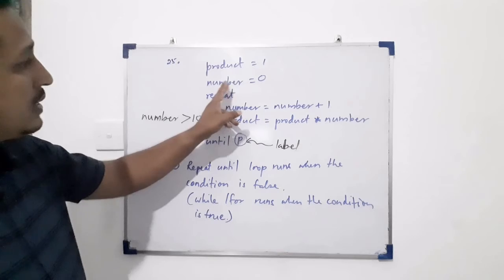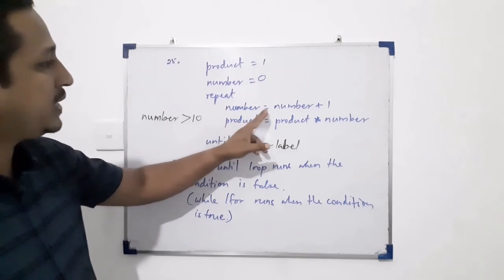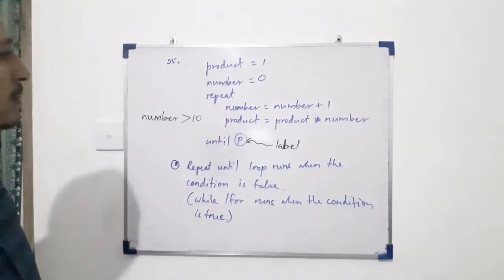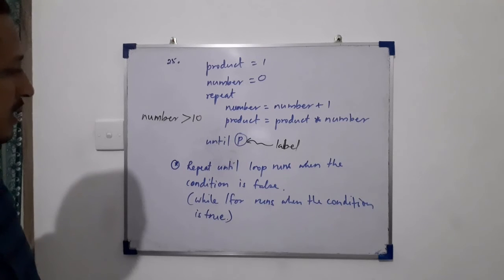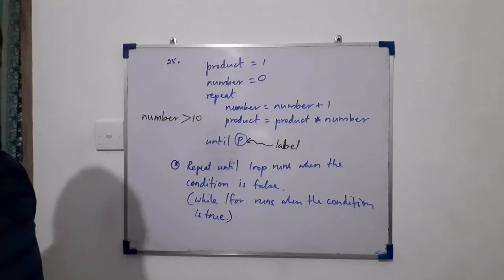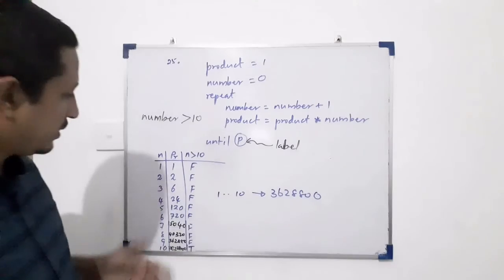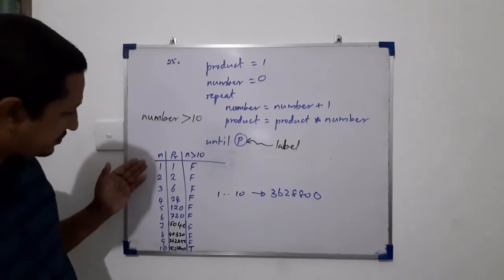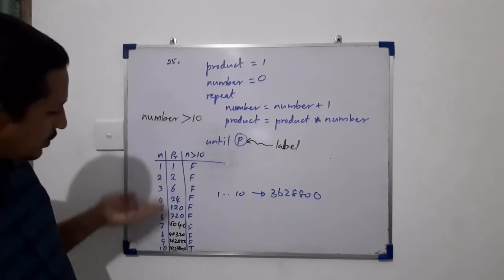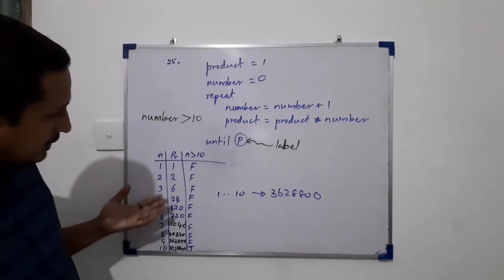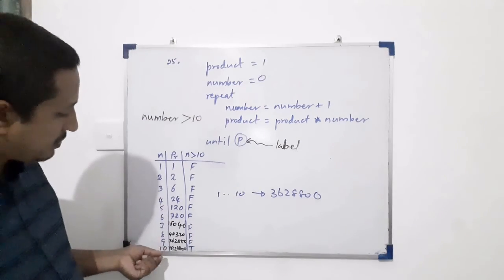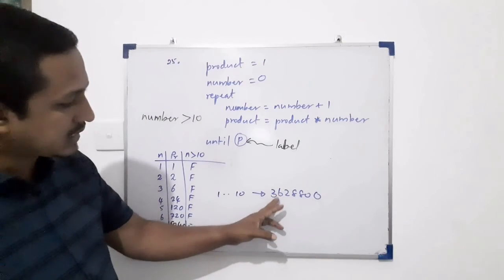Product is 1, number is 0, repeat. Number equals number plus 1. So we better draw a table for this. If you look at this table,